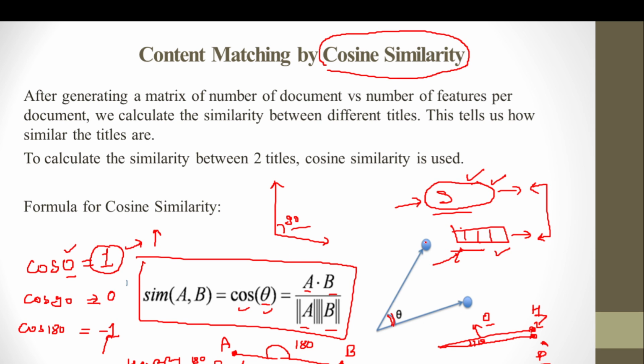Now the term that comes up is vector. So what am I talking about when I say vectors? A vector is something, every term we pick up from the document. Let's say this is one of the terms. We will pick up this term and then plot it on the graph. When we plot it on the graph, that is what is called a vector. All right, so this is how cosine similarity works.